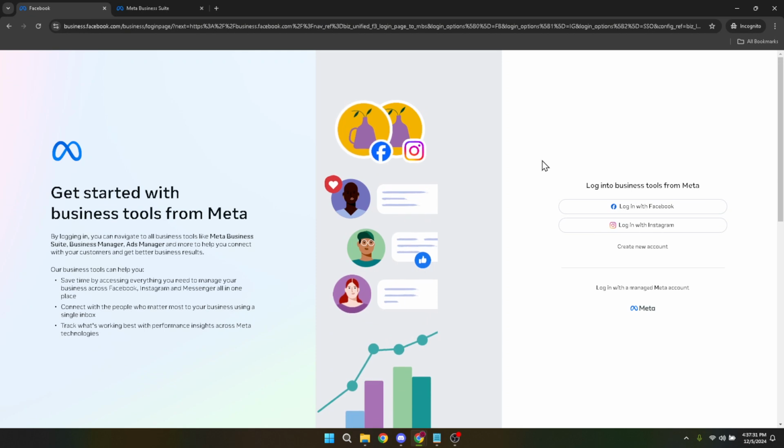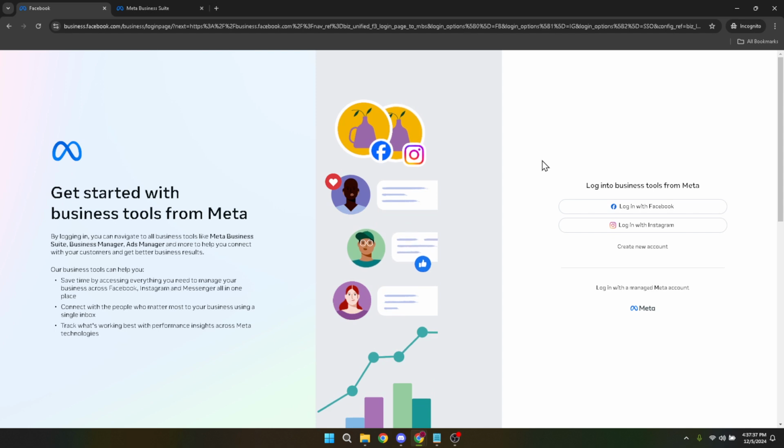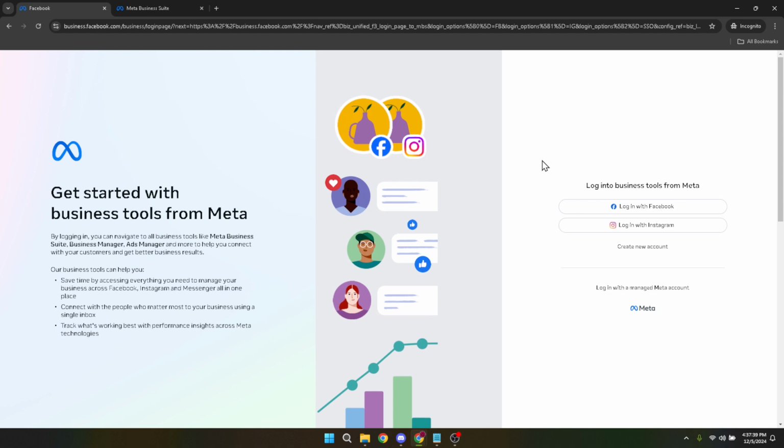First, let's head over to the Facebook Business Manager. For many of you who regularly run ads, this platform may already be quite familiar. If it's your first time, don't worry. It's designed to be intuitive. You'll start by logging in with your Facebook credentials. This step ensures that you are accessing the correct business account associated with your Facebook profile.